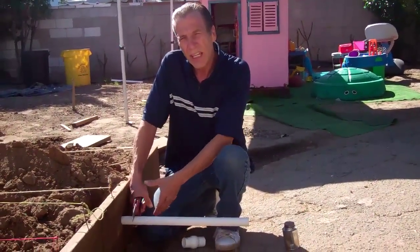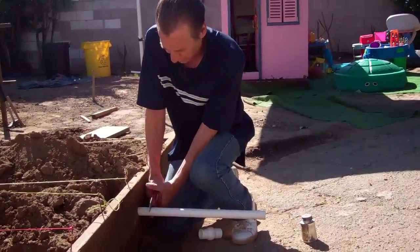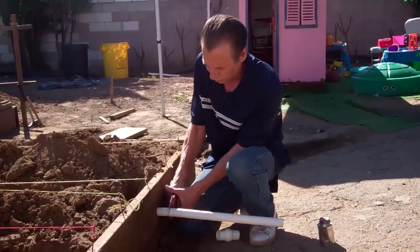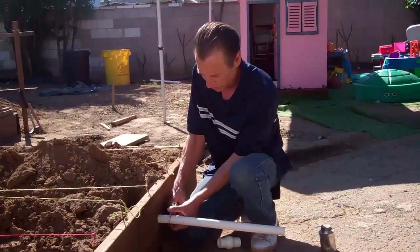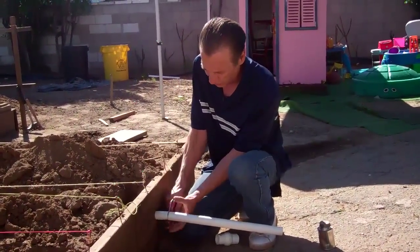Hi, this is Rob, and we're back again, and what we're doing is finishing off the flush valve. So you can see I've got some PVC cutters. You can get these at Home Depot for about $10, $12. Got the PVC that's running through. Now I'm going to cut it to length,